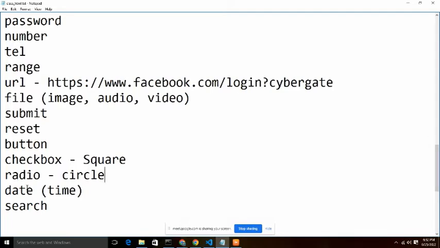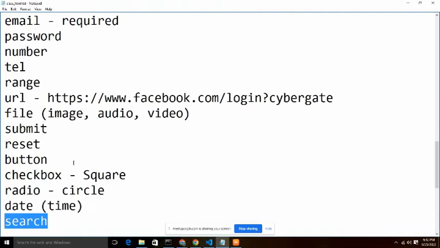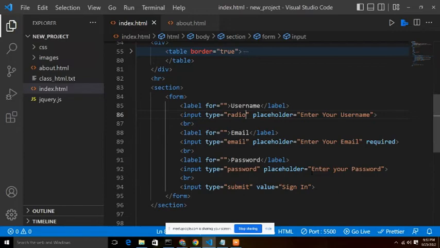Okay, so we have date and time, which you can use to format date and time, and then we have search. And there are a few other ones. I think I've mentioned a couple of them, but there are a few other ones you can still see from your browser. Maybe the next thing I want to talk about is